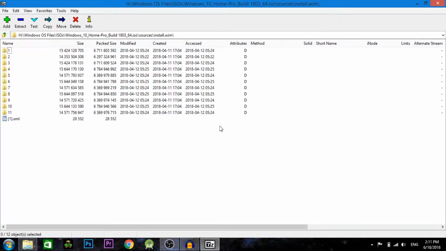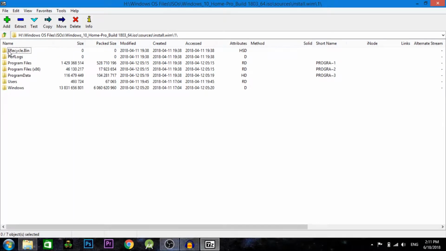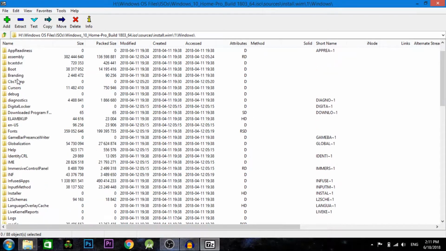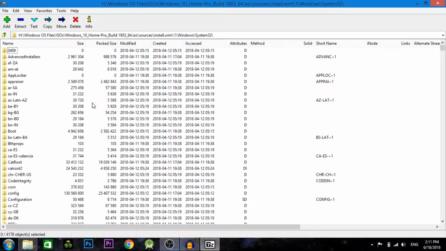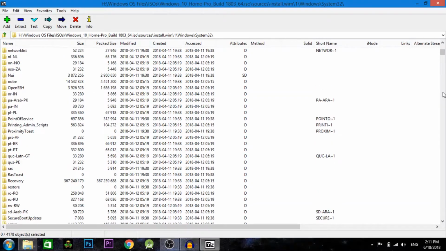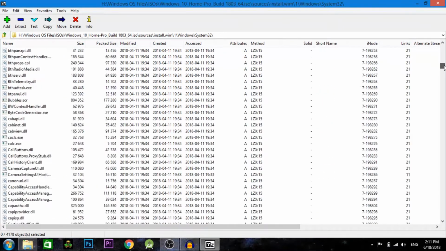And yes, you kind of need to use 7-Zip, so you can easily download it online for free, to be able to do this and open them, because otherwise you would not be able to. So yeah, you go and find one. After you go into install.wim, you click on one, and then you go into Windows. You go into System32 next, and then you go and find, let me scroll down. You go and find